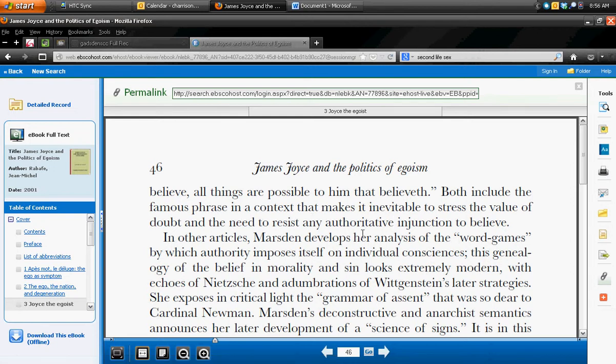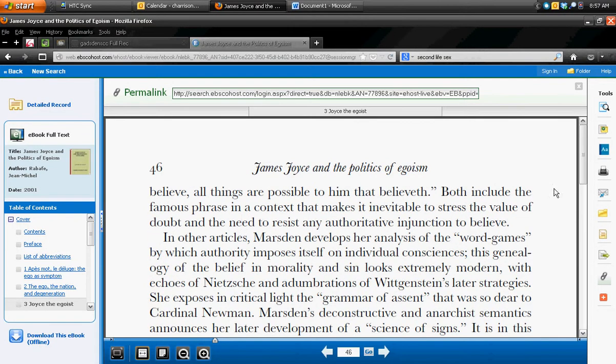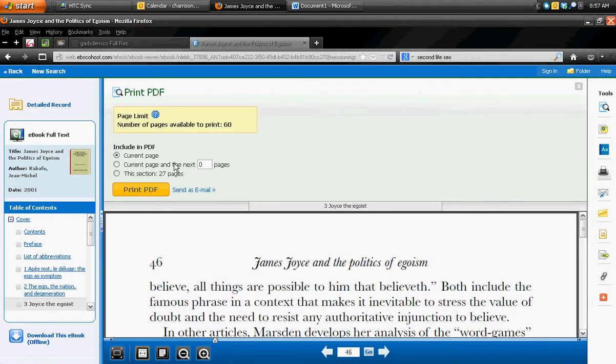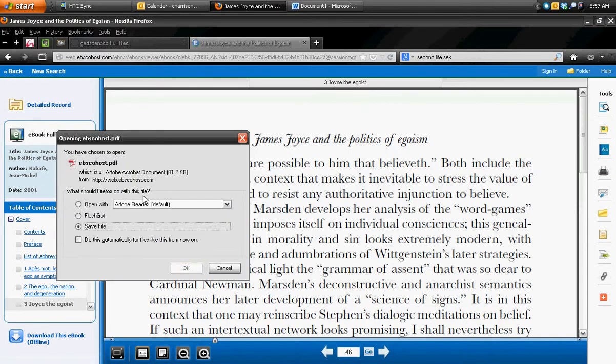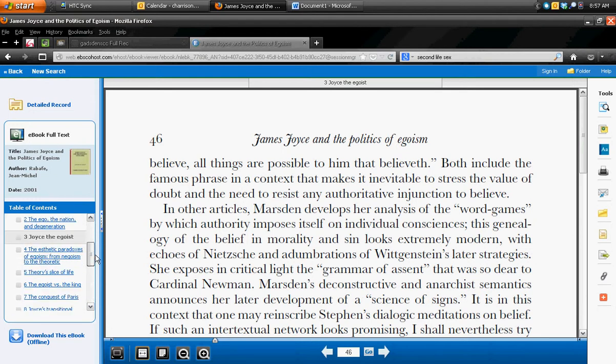But basically, make sure that you pull out what you need, save it for posterity, and keep all of your citation information with it. It usually does that when you print. Let's see what it says here. Oh, no, it's not going to do it right here. But either way, if you are going to print a section of this book, make sure that you go back.